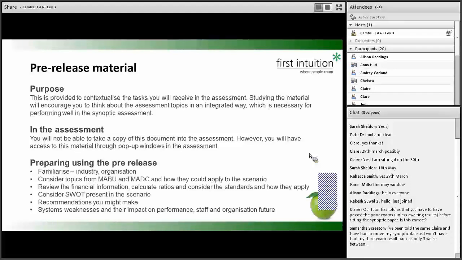Now, in the assessment, you'll be given a whole load of additional information. There will be some unseen materials to go with these pre-seen materials. So there will be more strengths and weaknesses and opportunities and threats to be identified from information that's only given in the exam, but you can prepare yourself well by going through that pre-release material. Think about what recommendations you might make in relation to any weaknesses that you've identified, and think about the people in the organisation, and think about any recommendations that you might be making. How might it affect